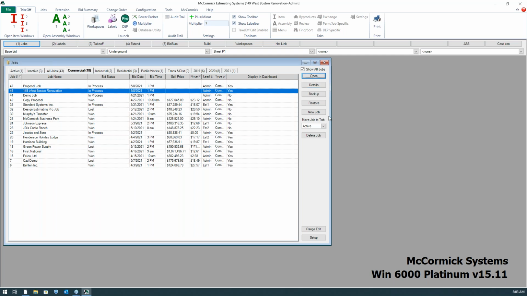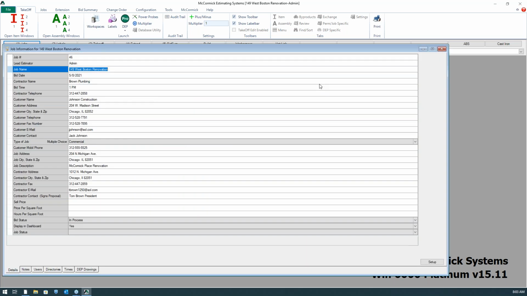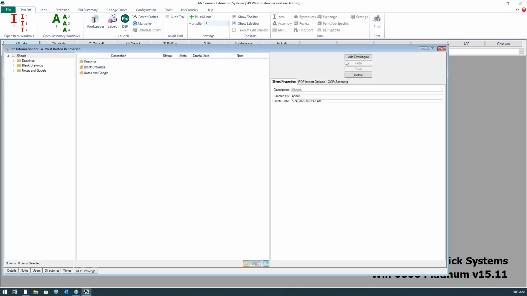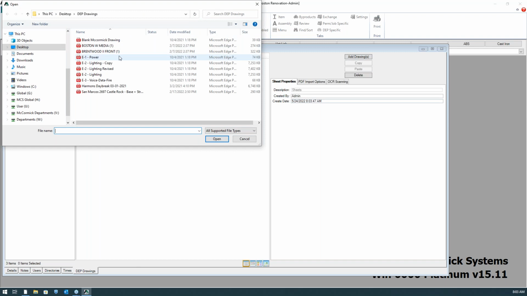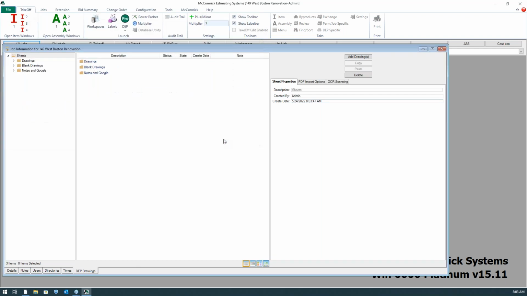So to start a new job, pretty simple. We just click on the new job button, and then we would fill in the details on that job. Bringing plans in, very simple. You click your drawings, add drawings, and you're just searching your desktop for the page, the set,